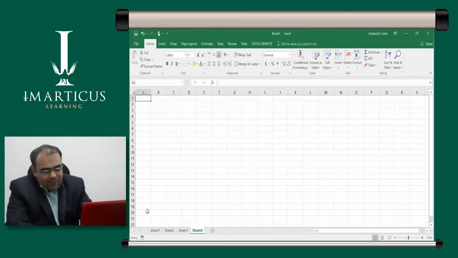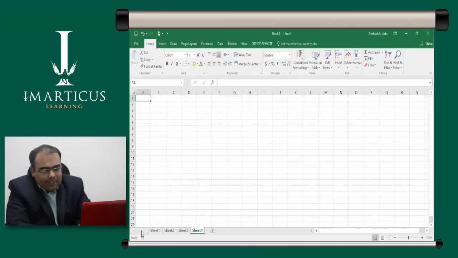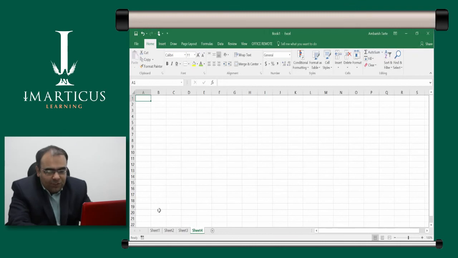In your Excel interface, you also have these arrows here. At present, you will see that the arrows are not dark, but I can always do a right click on any one of the arrows. In Excel 2007, and even in Excel 2010, you had 4 arrows here. Now in Excel 2013 and 2016, they've reduced the number of arrows to just 2. But irrespective of the version, I can simply come here on any one of the arrows,